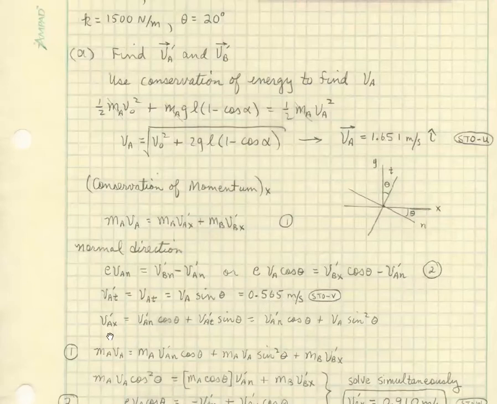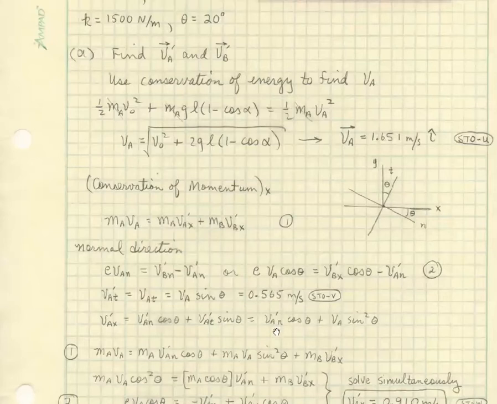Now I'm going to look at rewriting VAX prime. I need to get rid of this out of this term right here and get it over in terms of VA normal prime and VA tangential prime. So if we're looking for, assume that we have a velocity in this direction in the normal and tangential, then to get the X component of that velocity, I'd have to multiply the normal part by cosine of theta. So there's VA normal prime cosine theta. And then the tangential part is going to involve a sine theta. So VA tangential prime